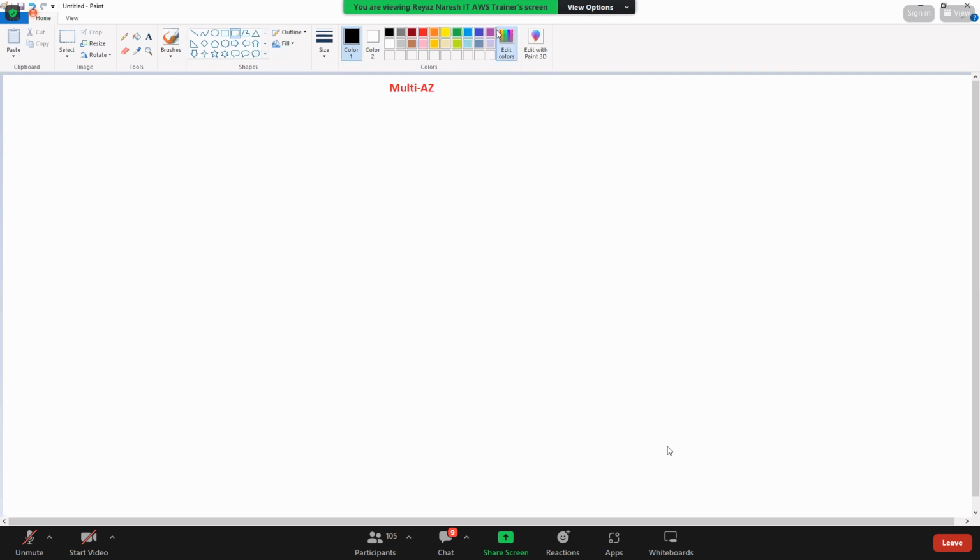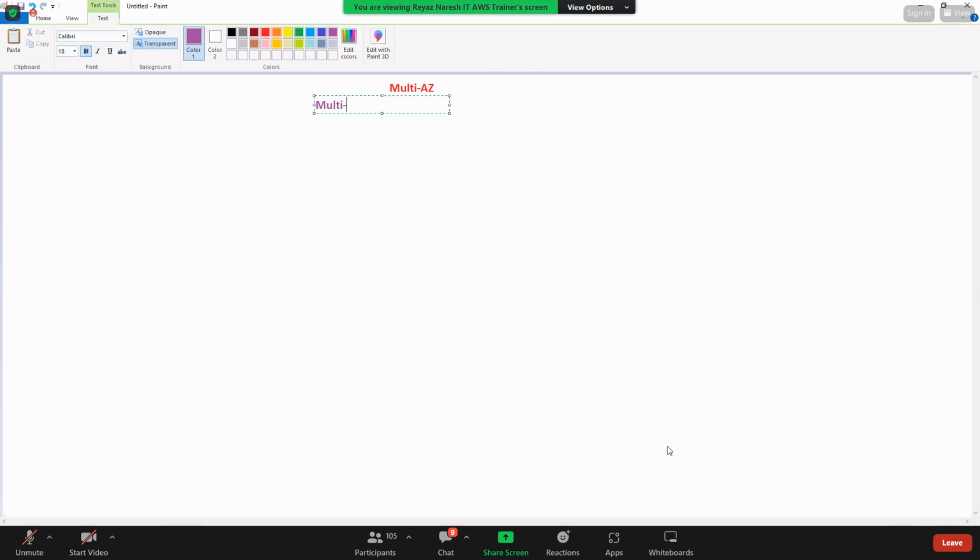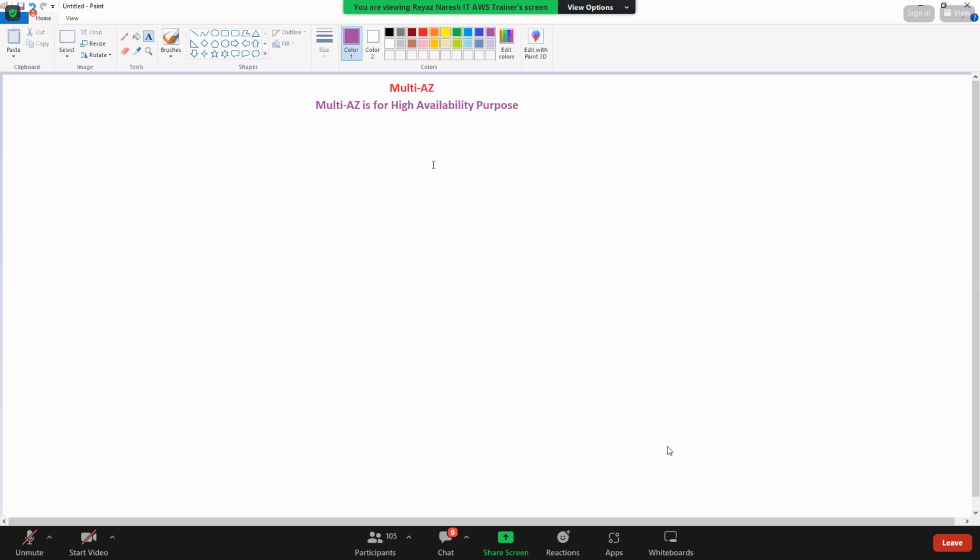First let me write: multi-AZ is for high availability purpose. You might have a question, sir, what happens if that engine goes down? Then we need to talk about this multi-AZ concept.